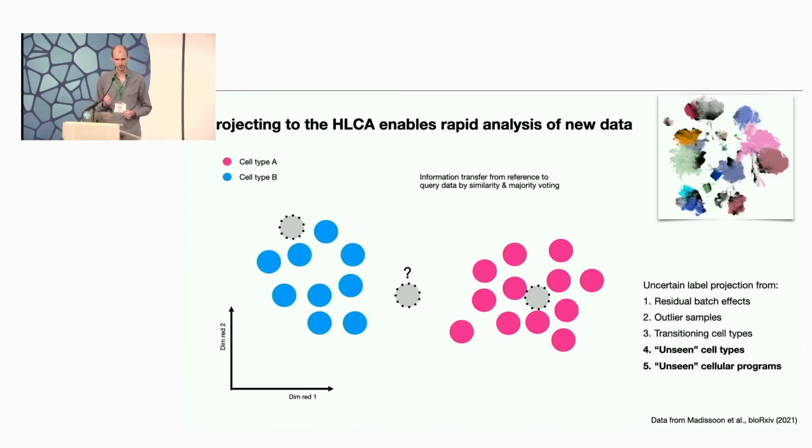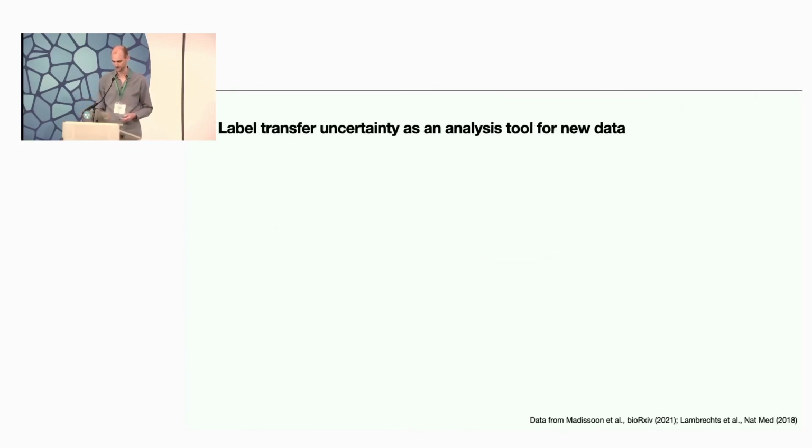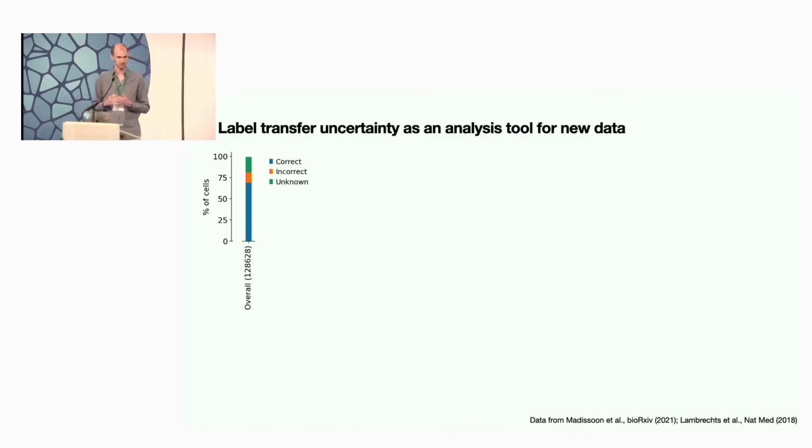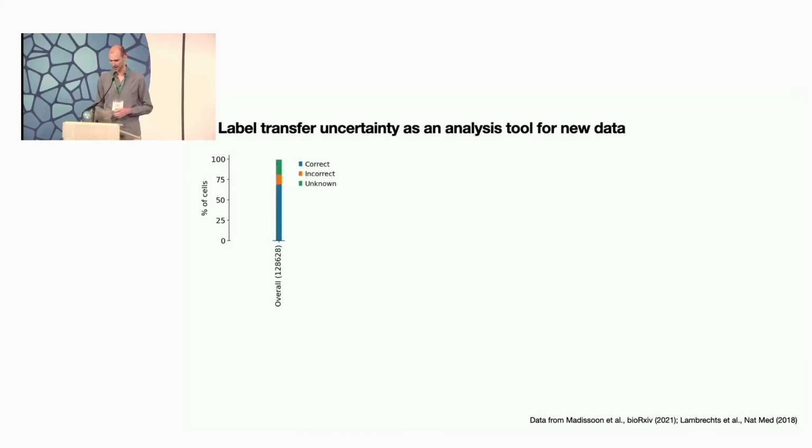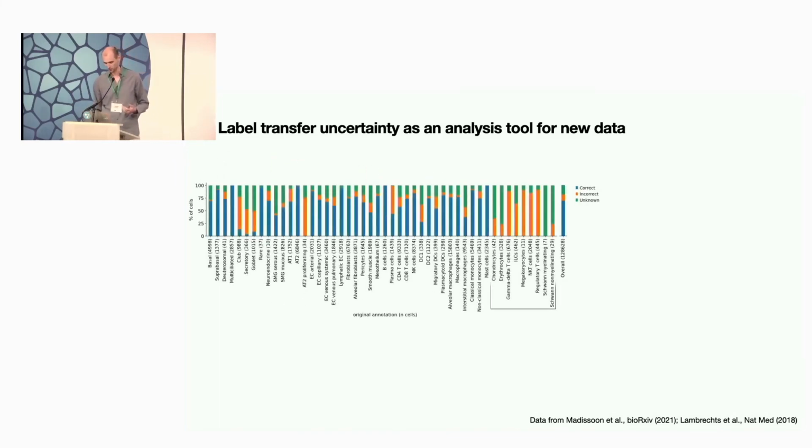But what's really interesting is that we might be directly highlighting cells or cell types which are not in the reference atlas. And if this reference atlas is a healthy atlas, these outliers are informative for further analysis, to motivate hypothesis generation. And so when we apply this to the data set I just mentioned, we are pretty good a lot of the time. In some cases, we're not sure what label to assign. And if you break this up, we can show that we are most uncertain for cell types which are actually just not in the reference atlas,